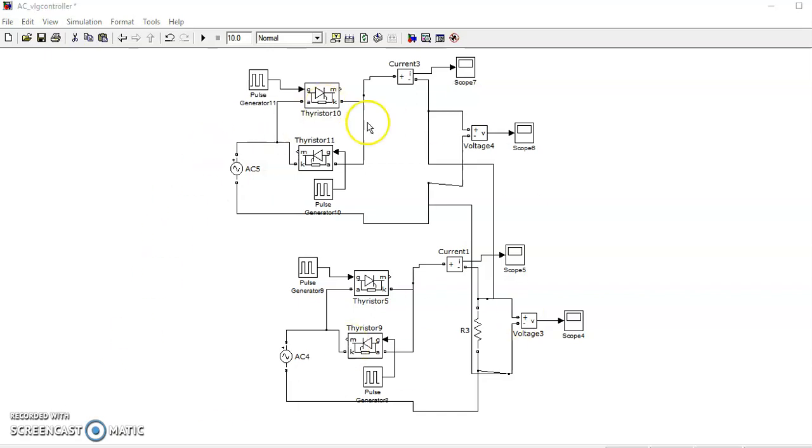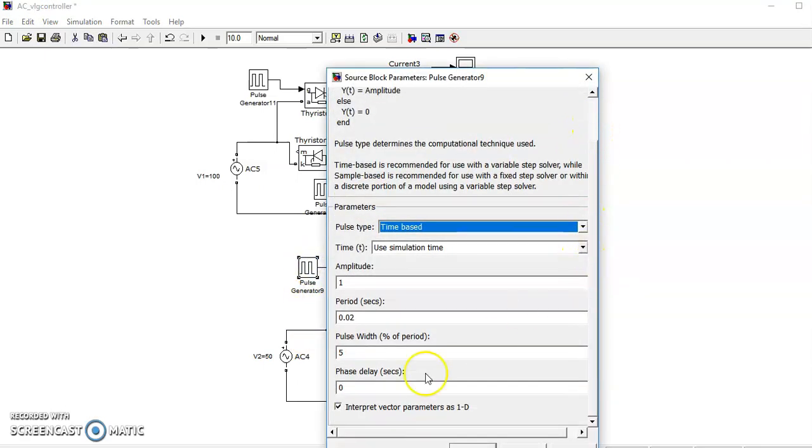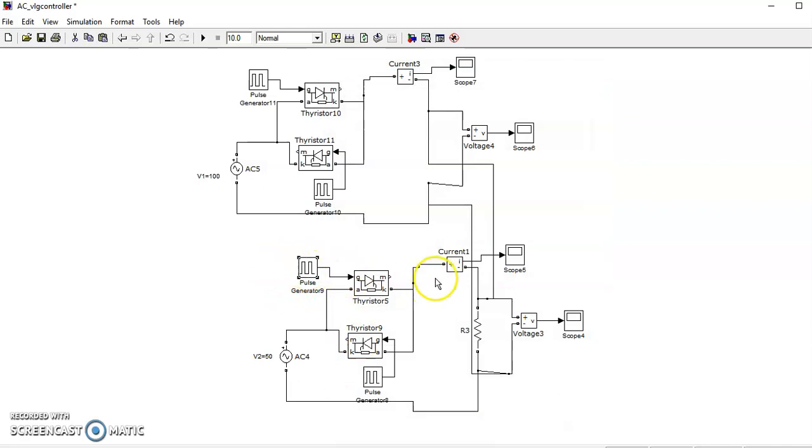In this double stage AC voltage regulator, as per the theoretical model, there is a V2 voltage. I'm going to give the V2 voltage as 50 volts. V2 is equal to 50 volts, and this is the V1 voltage. V1 is equal to 100 volts. So what is the firing angle? From the first one, V2, the firing angle starts from 0. I am giving 0, so I start it at 0 and give it to the load.